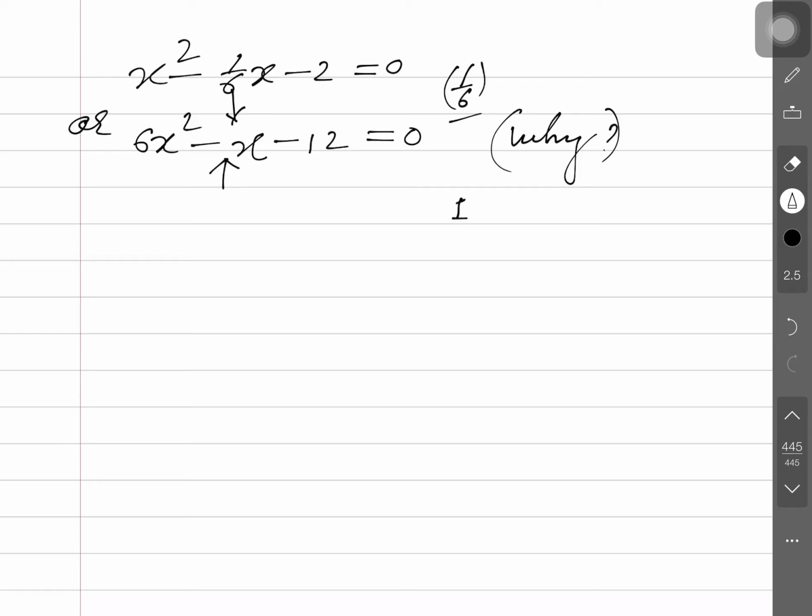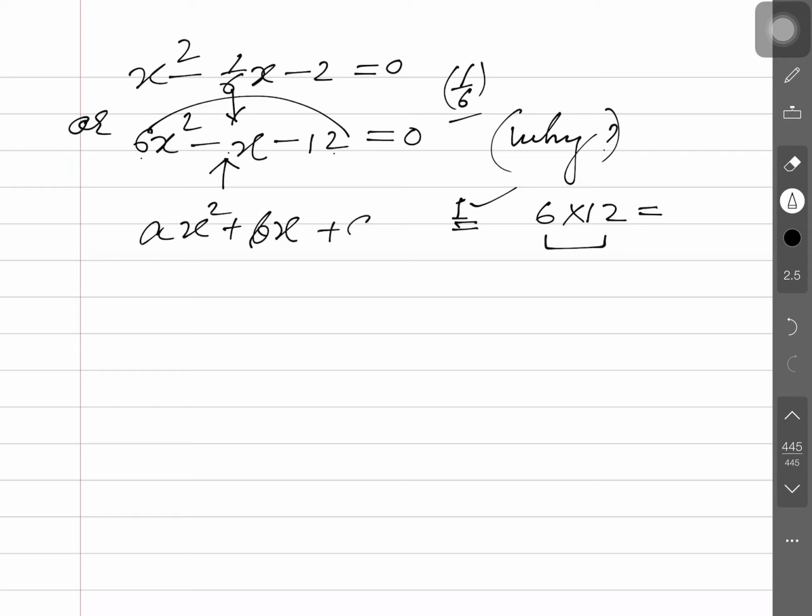So this middle term is brought by using 6 and 12. These two terms are to be used here. So 6 and 12, this is to be set as a product, and this is to be set as a sum or difference. This one middle term must come here. Again I am telling you, the coefficient of the middle term is 1, and the two terms we have to make from 6 and 12. This is called A, the standard equation I am writing here, ax square plus bx plus c.